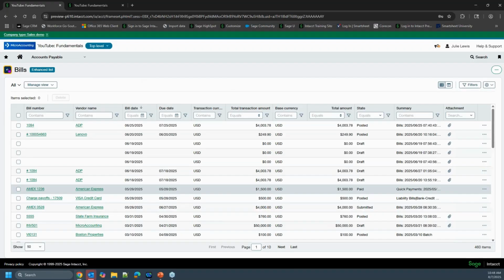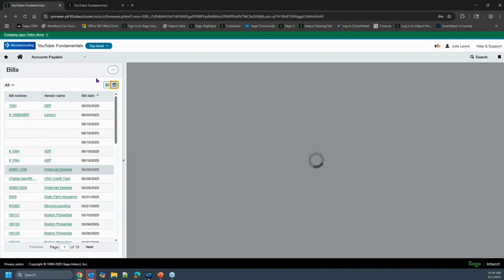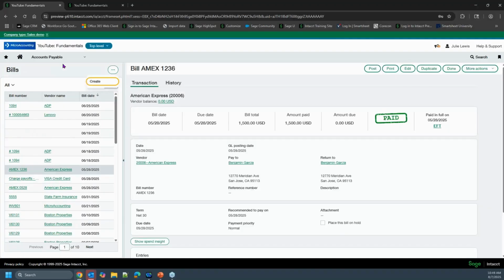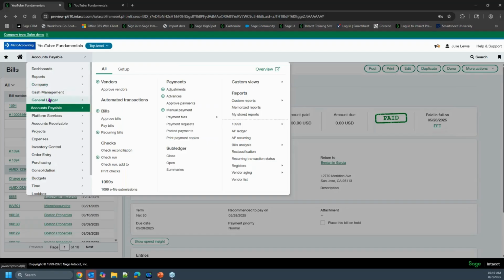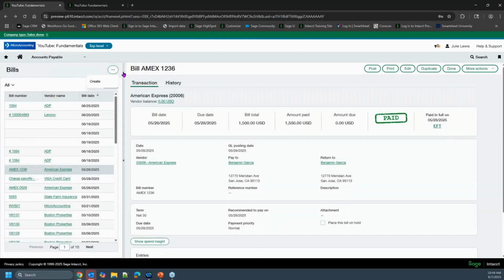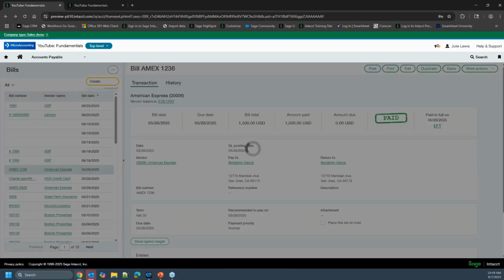So if you go back, let me just take it this way. Up here, oh, there's this little button. Sorry. Oh, this was really cool too. This is what I want to show you. Right from here, this is create a bill.